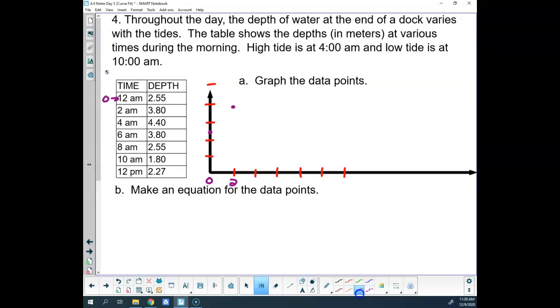At 4 a.m., it was 4.4. At 6 a.m., it was back to 3.8. At 8,